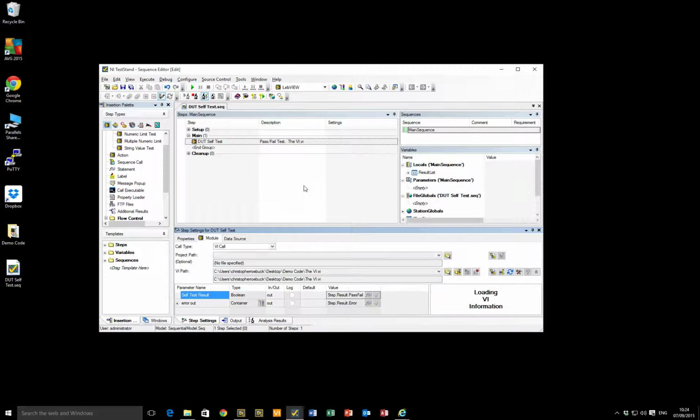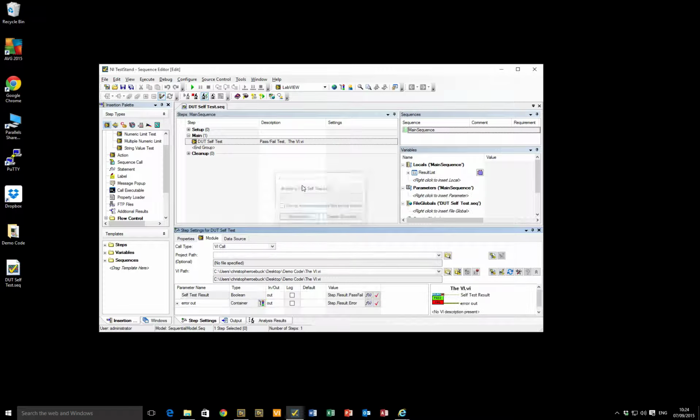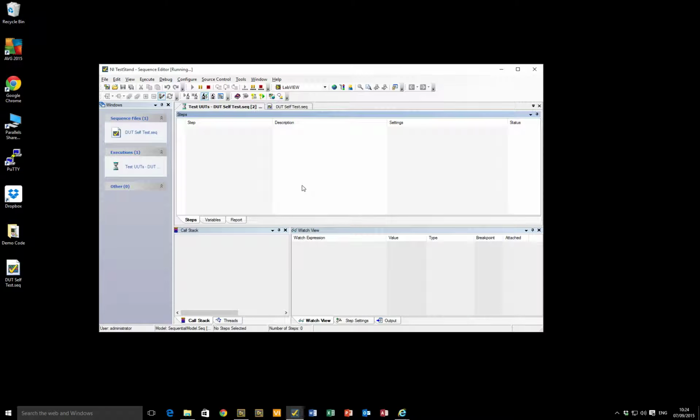Because this is TestStand, we get a few extra things out of the box. So it's going to go ahead and ask us for the serial number of the device under test. That's a neat little addition that perhaps we would have to code otherwise. We say OK. Unfortunately though now, because we've implemented all of our code in a single step,